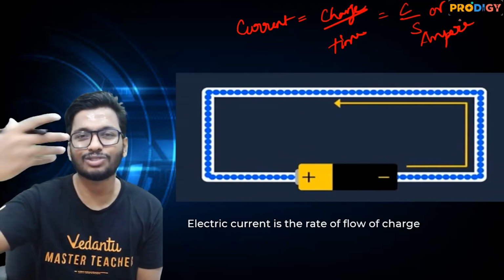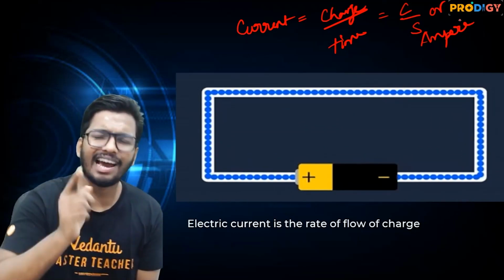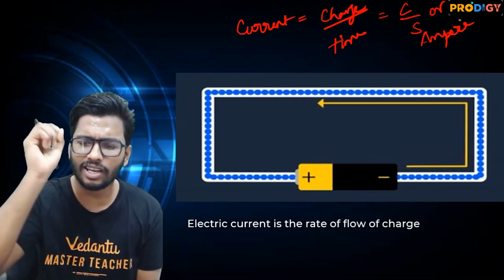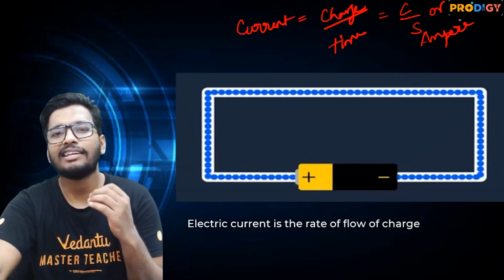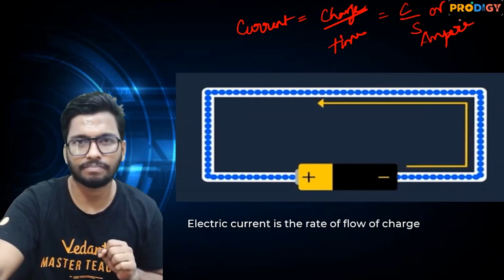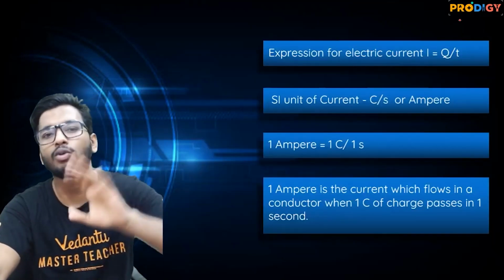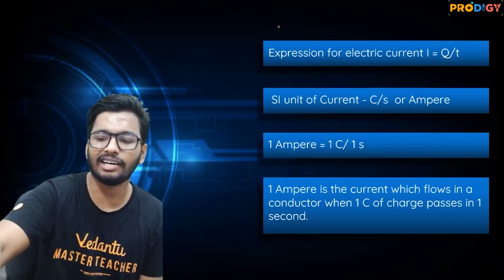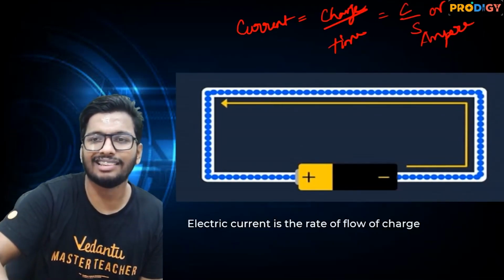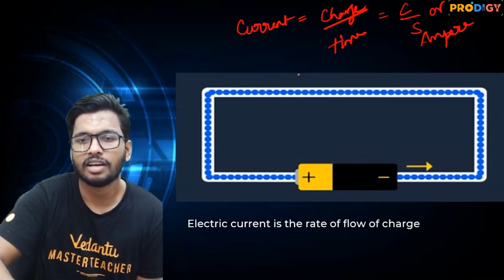This is the basic first topic that you must understand, remember, and apply in the examinations, and in your everyday studying when you're going through this particular chapter. All right, now that you've understood this, guys, a very common question is: define 1 ampere. A very common question, asked several times in the board exam as well. So let me tell you how to do that, people. I just told you that current is nothing but the rate of flow of charge.